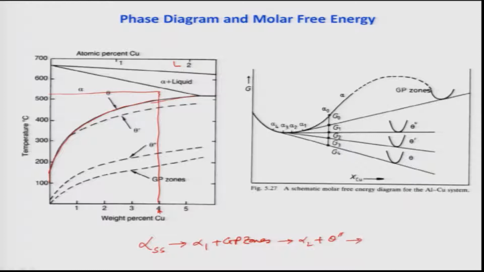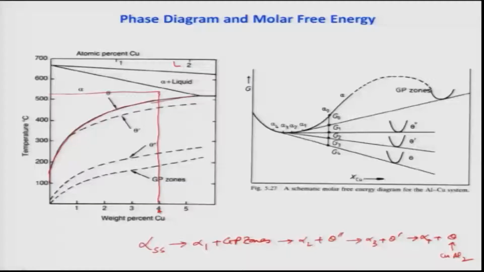Then finally if we heat again and keep it at high temperature for more time, it becomes alpha 3 plus theta prime, and finally it will produce alpha 4 plus theta. Theta is nothing but a composition of CuAl2. So as you see here, these alpha 1, alpha 2, alpha 3, alpha 4 are actually the same alpha but with different concentrations of